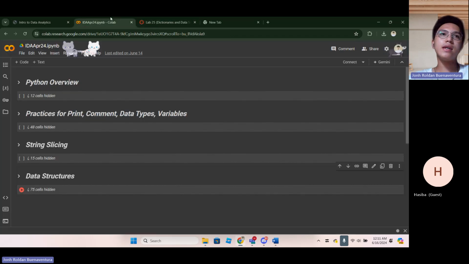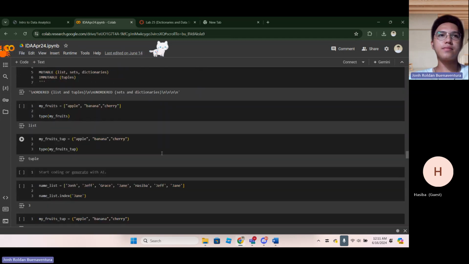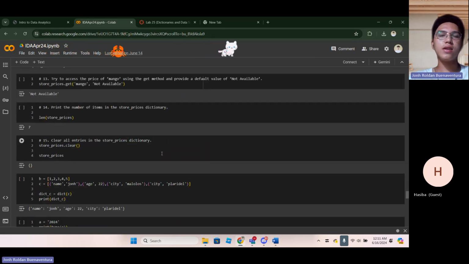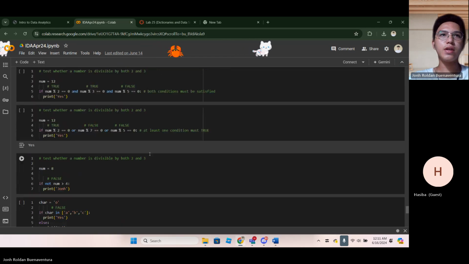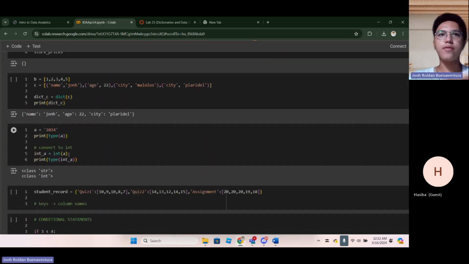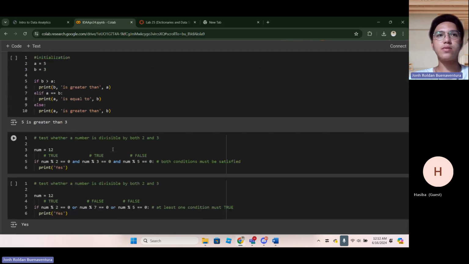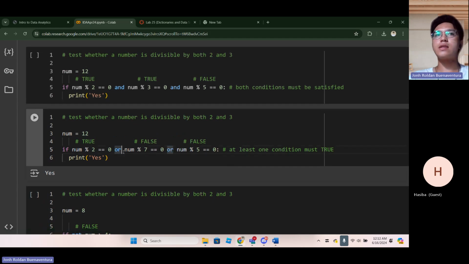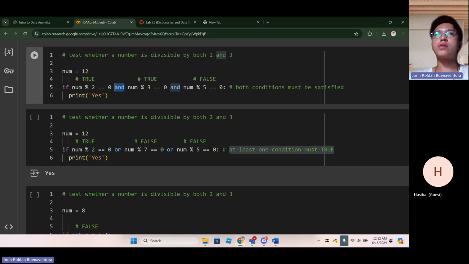If you use and, all of the conditions must be satisfied. On the other hand, if you use or, at least one of the conditions must be satisfied. So if you are using or as the logical operator, at least one condition must be true. But if you are using and, it is more restrictive, wherein all of the values should be true.